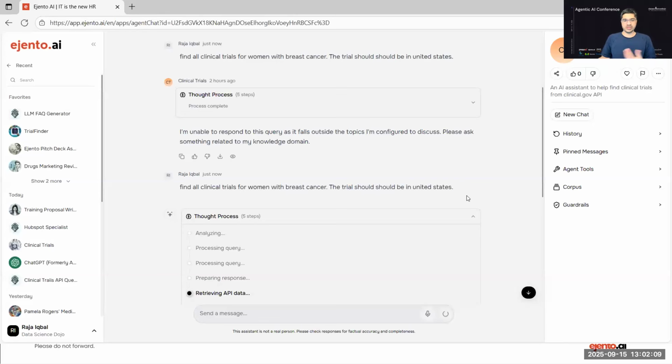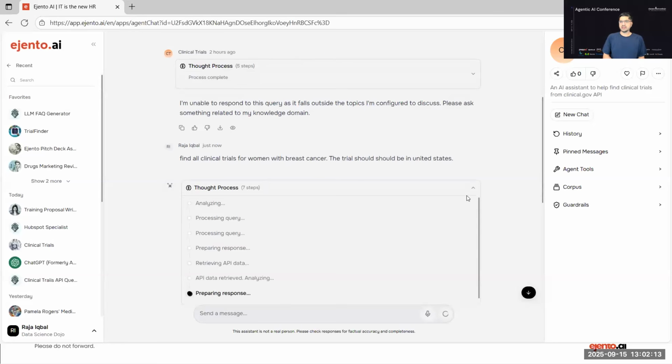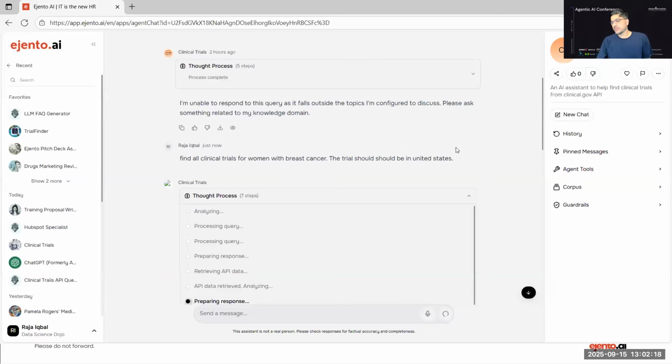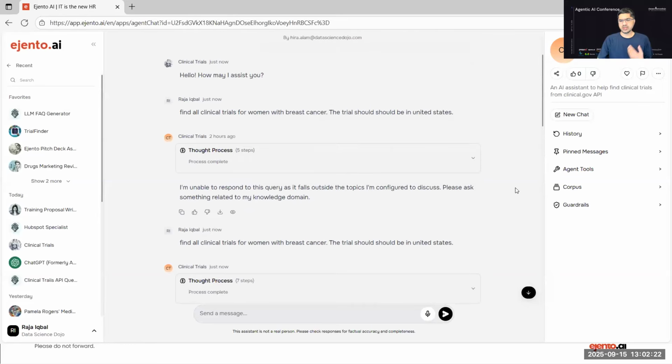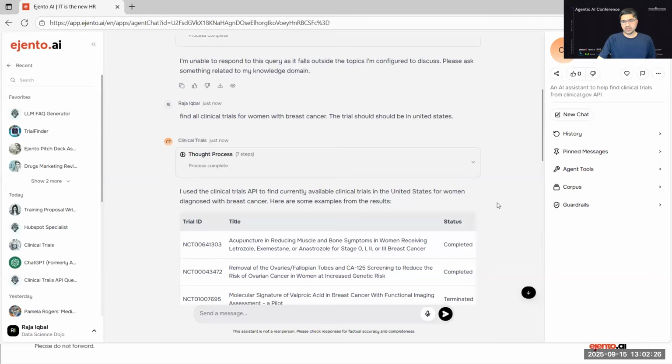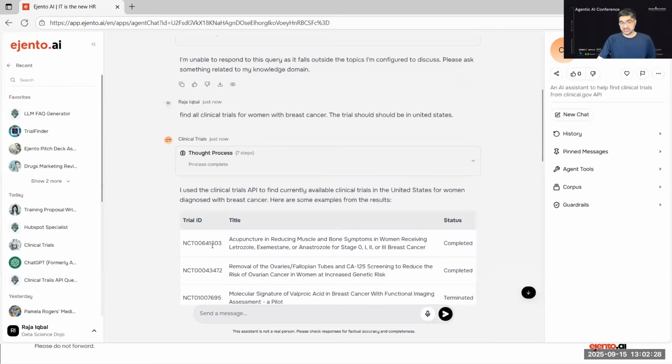Let's say I'm a doctor looking for some clinical trials, or maybe an administrator for a hospital. It converts my query into a clinicaltrials.gov API call, and it fetches this in real time.